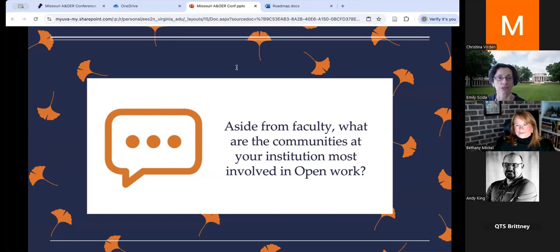Librarians and instructional designers. Nice. Student government representative. Center for Learning.